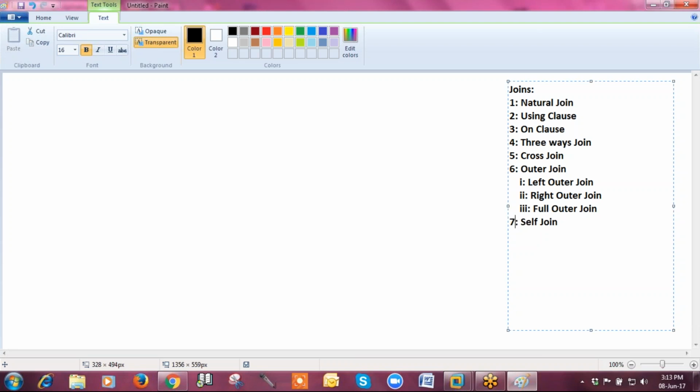Thereafter, seventh and eighth is the difference between key versus non-key join. And ninth is inner versus outer join, right? So in joins we are going to see these following things.